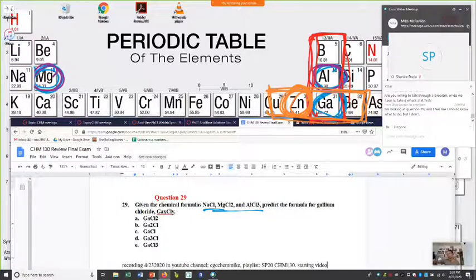If we go through and look at our patterns, if we followed sodium chloride, we'd be gallium chloride. If we followed magnesium chloride, MgCl2. The aluminum chloride, start to write the aluminum, Cl3. Okay? If we go through and try and match these, GaCl matches, GaCl2 matches,